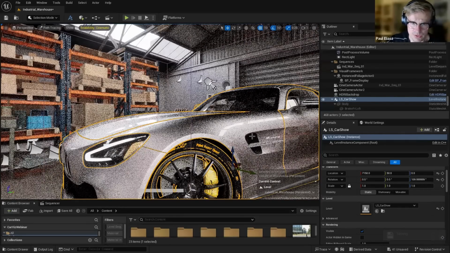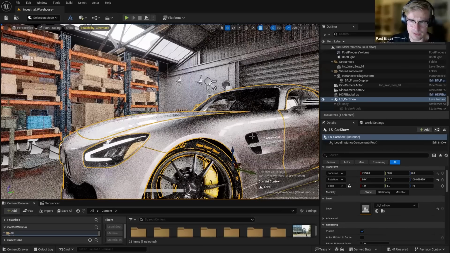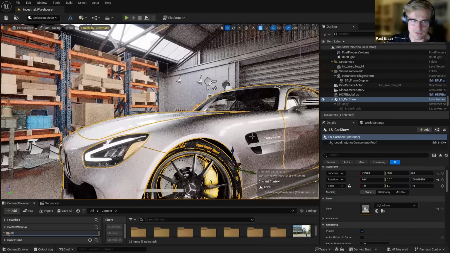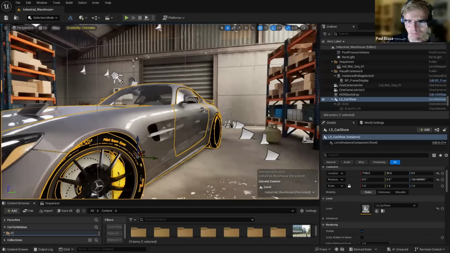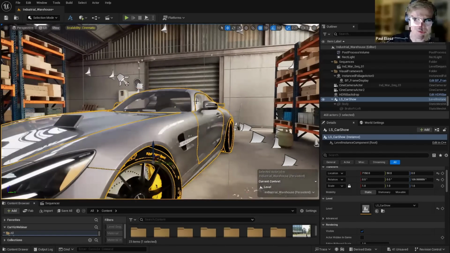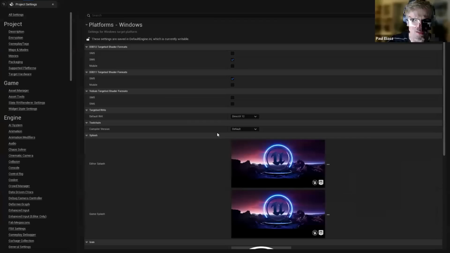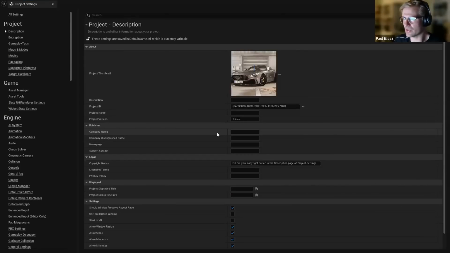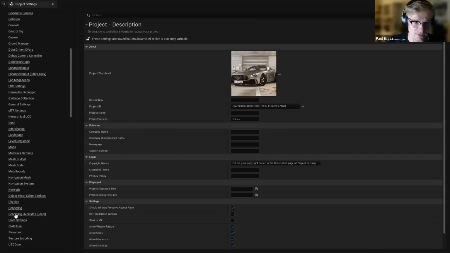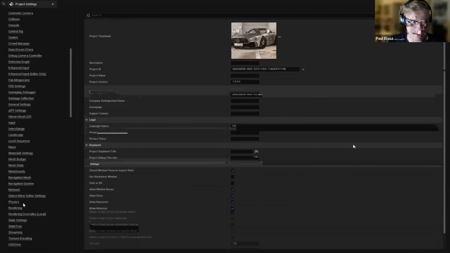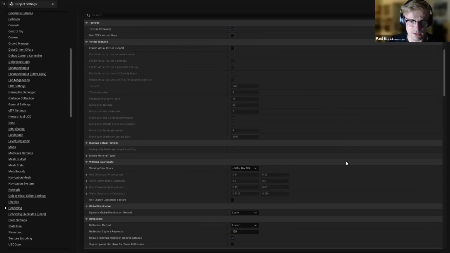Another thing I also want to show you is what it's like working with Lumens. So this is okay for now. I'm going to go back to my level, but before we work with Lumens, what's important is to go to your project settings and explain a bit more about what you need to make sure to magnify and enhance the overall Lumens quality when you start doing not just rendering, but also real-time adjustments and so on. So I'm going to go to my rendering tab, and what you see here, roughly, is that you need